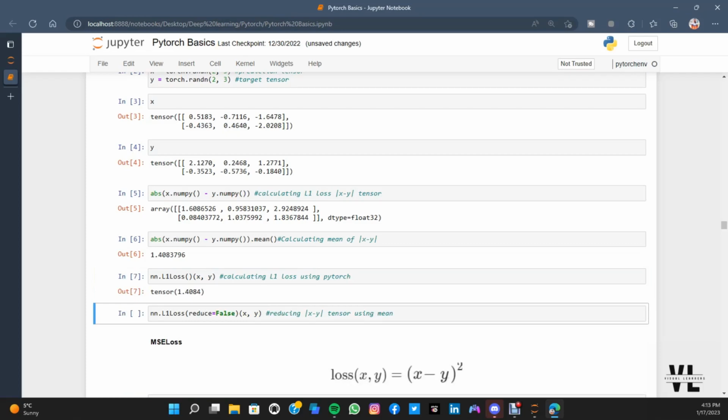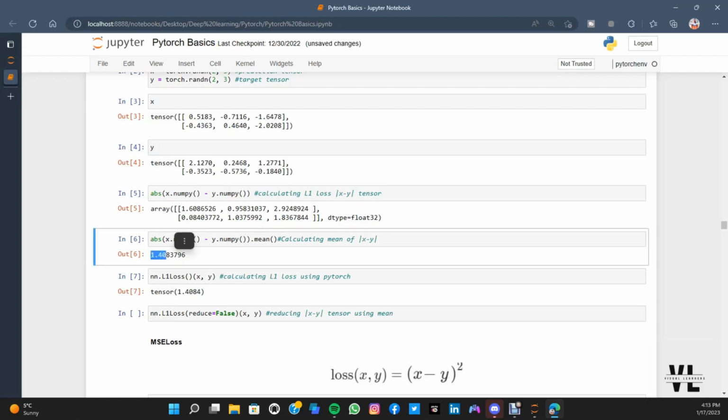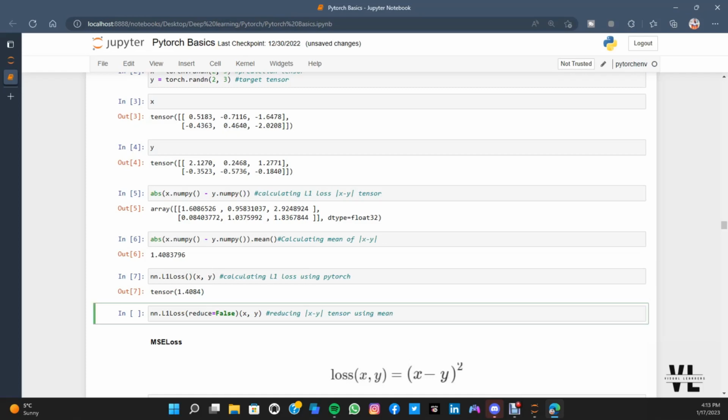As you can see, the L1 loss automatically computes the mean of the whole tensor. So what if we want to see the original tensor before getting the final loss? This value is approximately equal to 1.4084, and